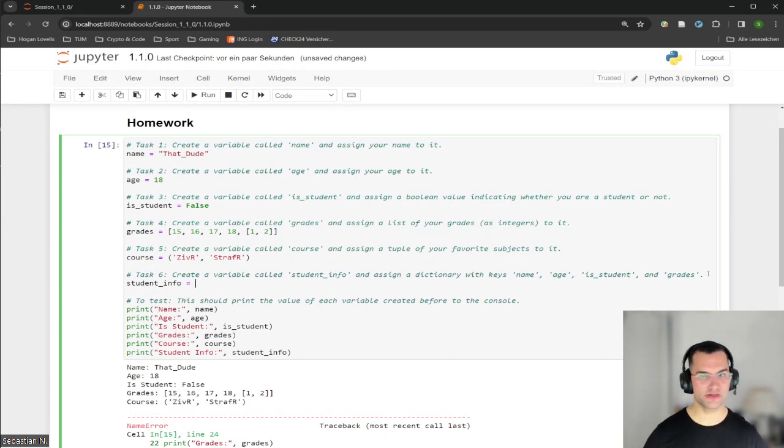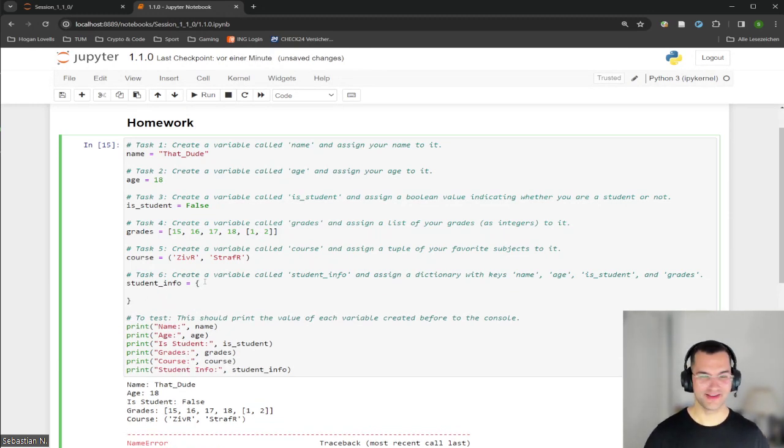Can anyone tell me what a dictionary is? Just really quick, one sentence. It connects two things with each other. So you can ask for the left side of the dictionary thing and it tells you the right side. Perfect. This is basically what it is. I mainly use it as something like a lookup table. There are keys and values. So if the first key is name, then name would be